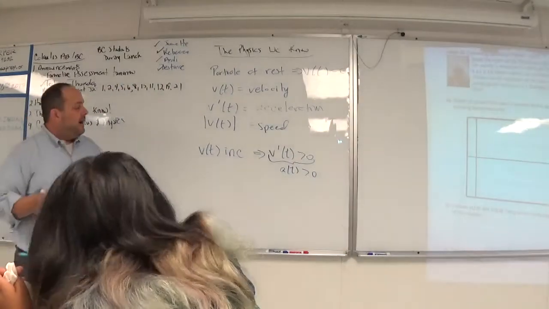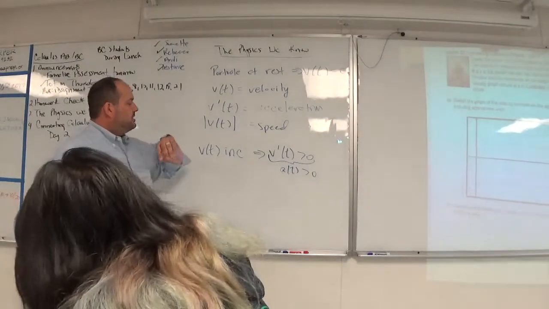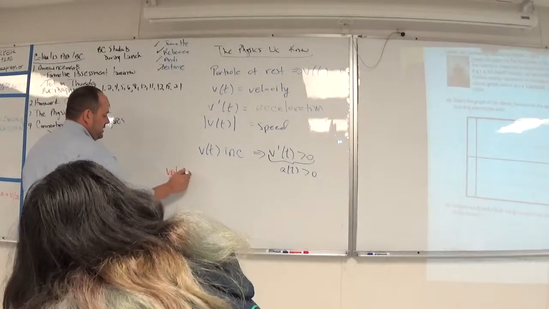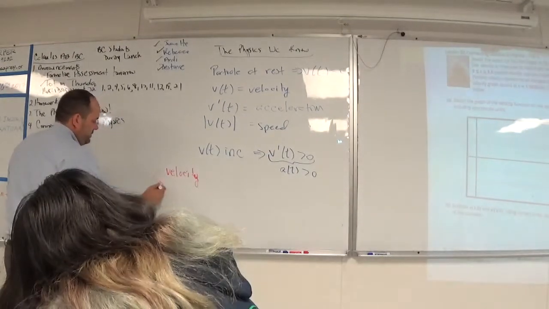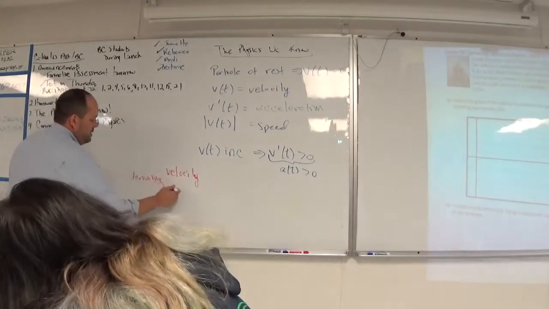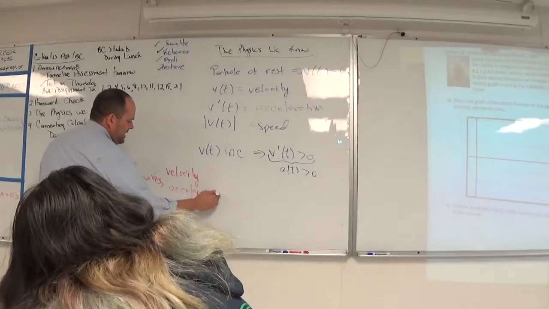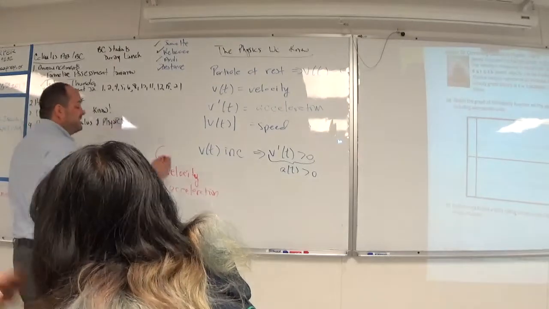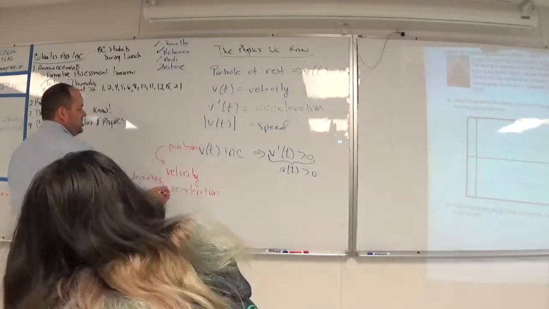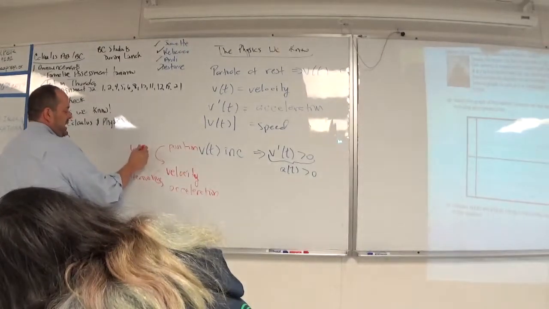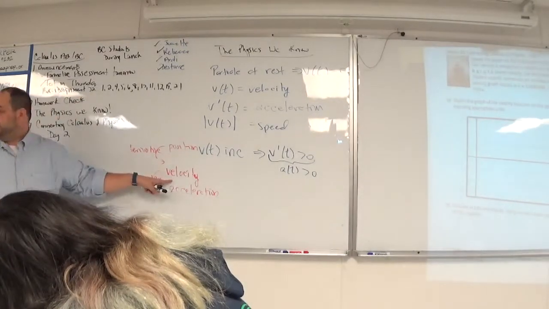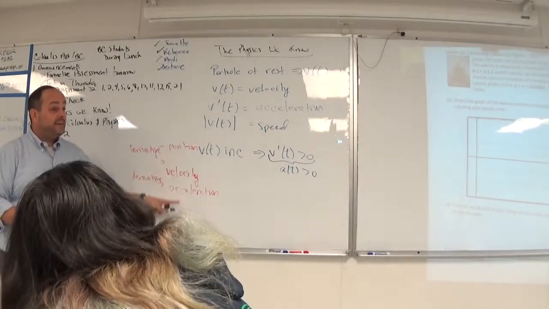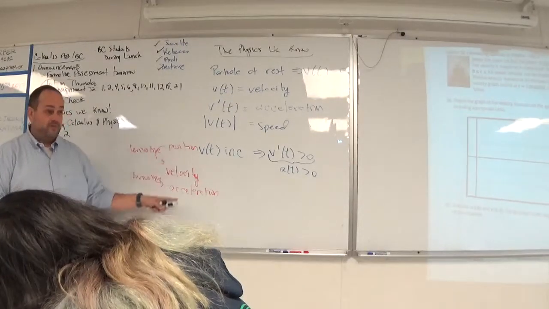Somebody the other day said, wait a second. If I start with velocity and I take the derivative, what do we get again? The acceleration. But what if I took the antiderivative? What would you take the derivative of to get velocity? The position. So there's this chain. If you start with position and you take the derivative, you get velocity. If you start with velocity and you take a derivative, you get acceleration. There's that derivative link, that chain that we keep talking about, the f prime, f double prime.